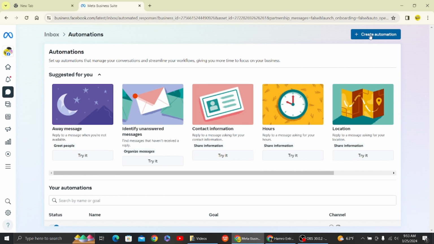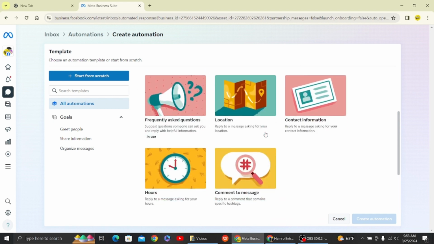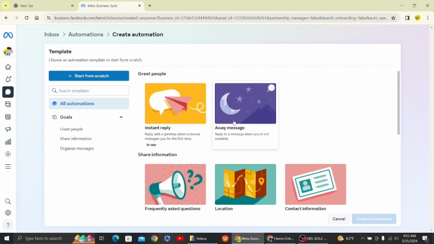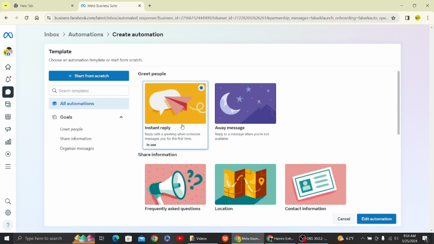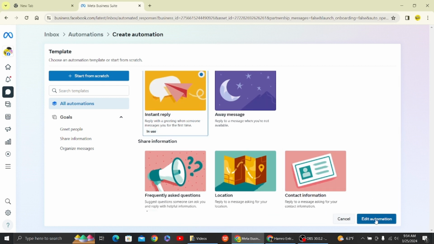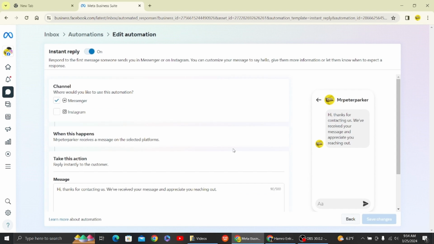So let's create an automation. On the right hand side you can see the option for create automation. Click over there, and here you can see you can give the instant reply. So let's click on this option and click on edit automation,